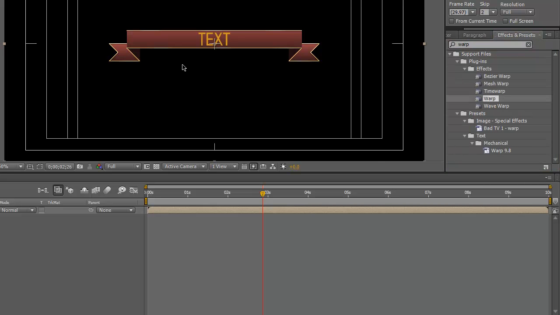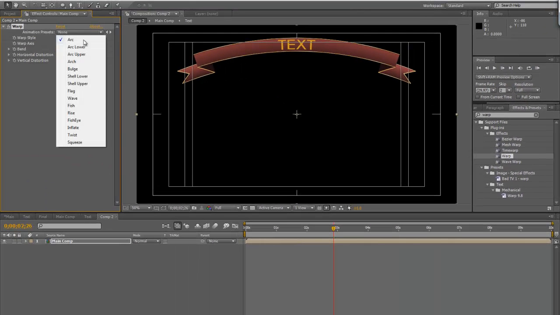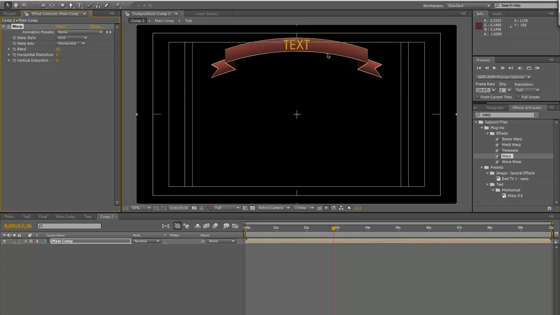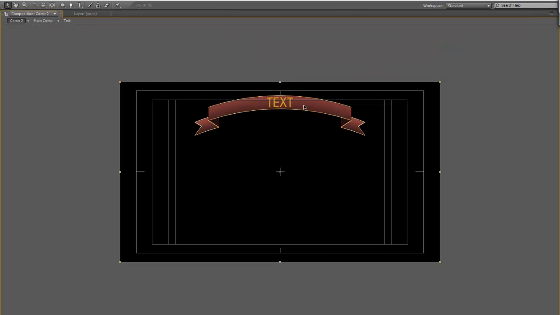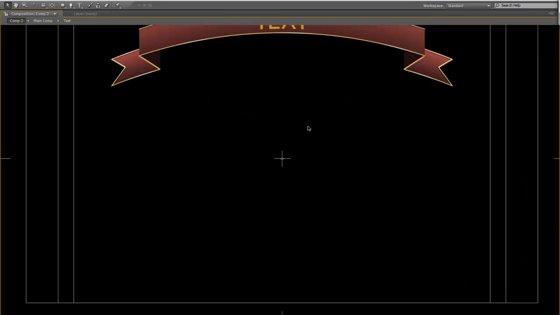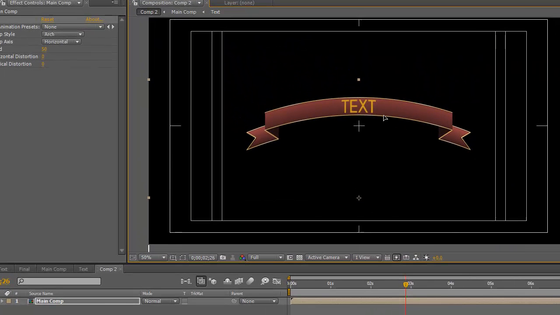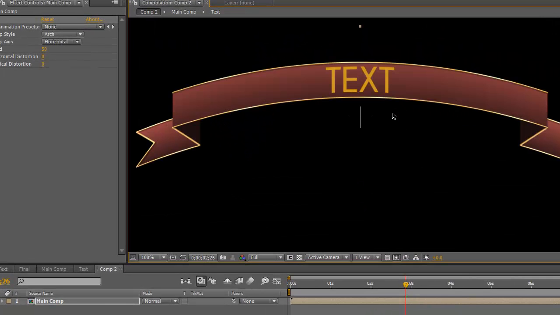This is fun. This arc isn't great, so I probably wouldn't use that. But this arch, on the other hand, not so bad. You want something that doesn't actually stretch the text in weird ways too much. You are going to probably have to move your whole composition down a little bit, because it sometimes moves it off the entire screen or whatever. So anyway, yeah,